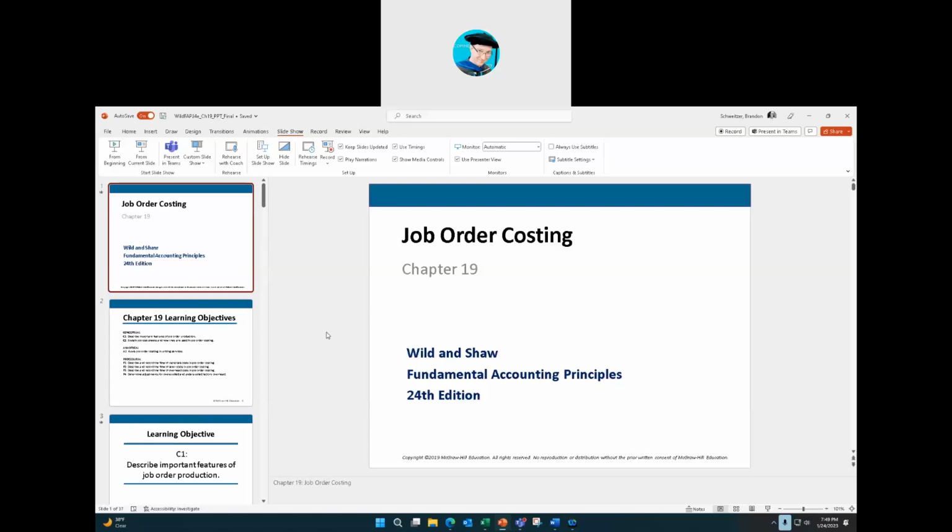Next week, we'll talk about process order costing, which is a continuous manufacturing process. Think about something like an ice cream manufacturer, a water bottle company, or someone like Coca-Cola that makes the same products. Those are process companies. Tyson's Chicken is a process company. They make a lot of the same stuff that we see in grocery stores.